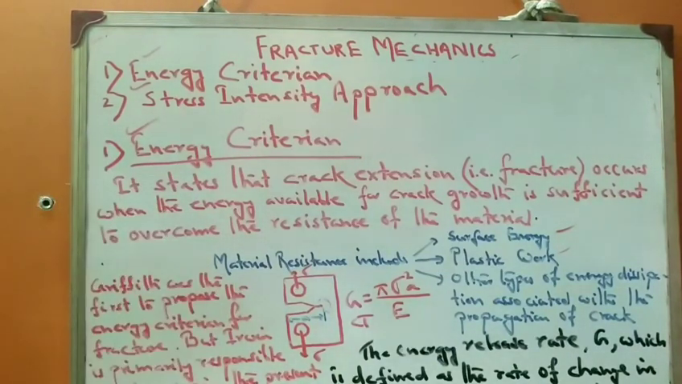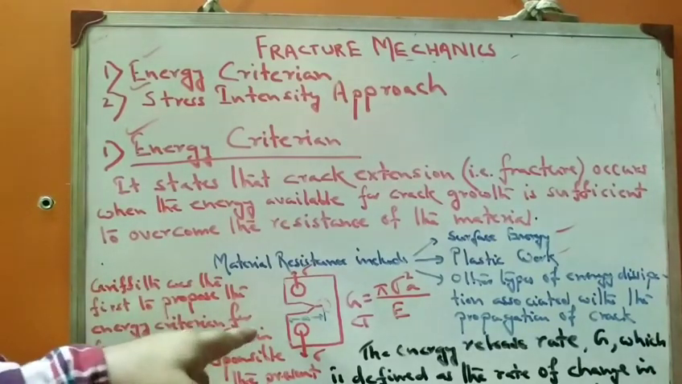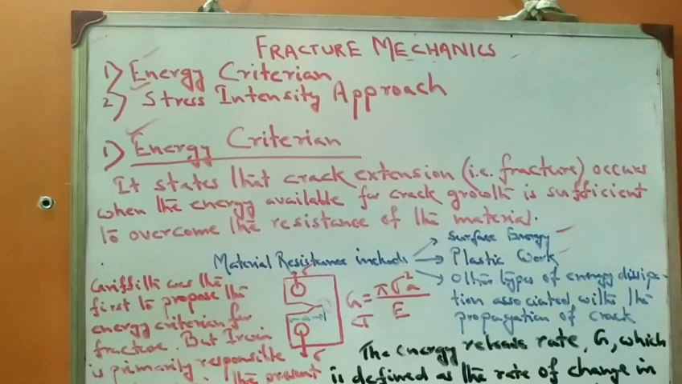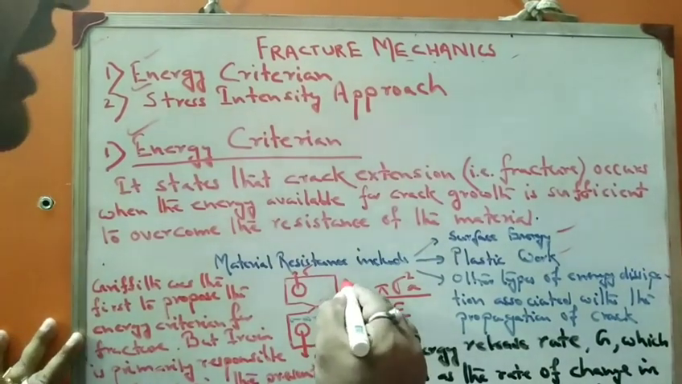Now mathematically, Griffith was the first to propose the energy criterion for fracture. Afterwards it was modified by Irwin, the scientist who is primarily responsible for the development of the present version of the approach. So whatever has been done presently is a modification by Irwin of Griffith's approach. Now this is the formulation for the energy criterion G,